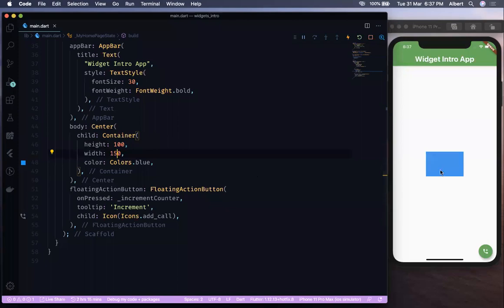So you can see a basic container, a very simple container right there in the center of the screen. And then, as I said, this can actually take children of almost every type of widget. So you can wrap almost anything with a container. And the reason why you do that is maybe you want to give that widget a certain height, width,